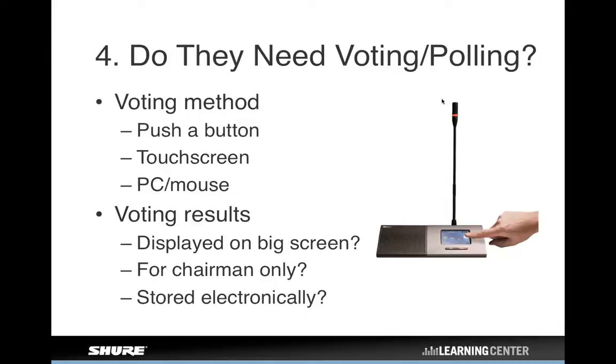Or maybe they want to vote through the software. Maybe every council member has their own computer that's hooked up to the system and they just vote via the software. Again, that's all worth finding out, how they want to vote. And then